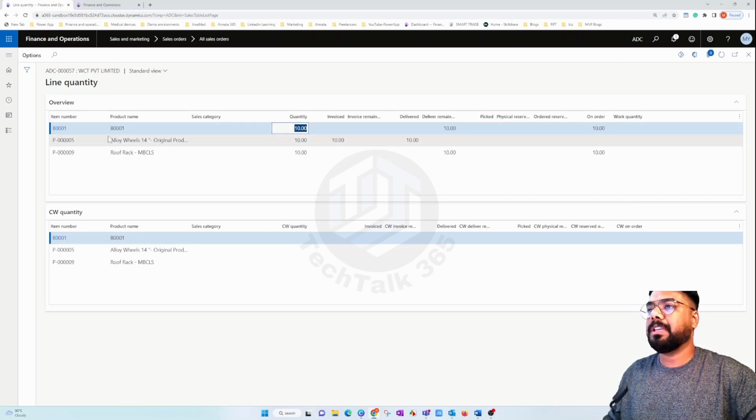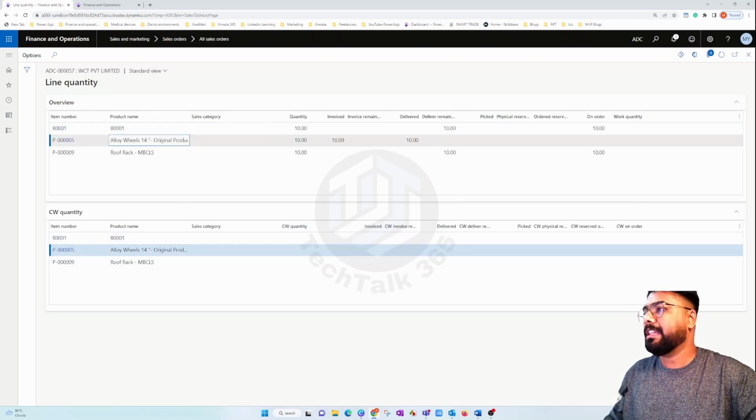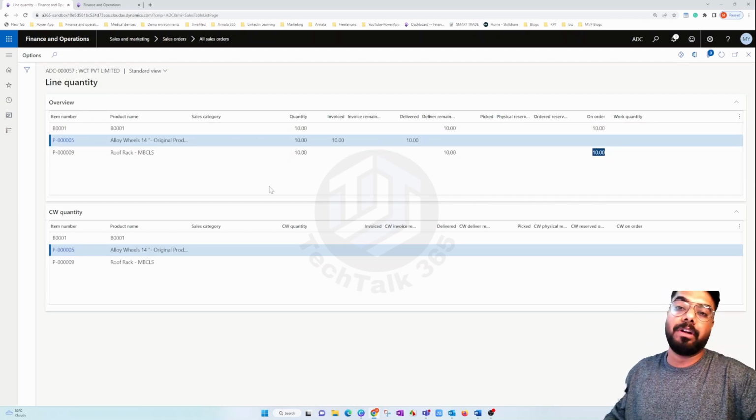This particular sales order has 3 lines, and one line, particularly this item, already has 10 quantity. It's already invoiced, already delivered. So the other 2 are yet to be delivered, and they are still on order in the sales order